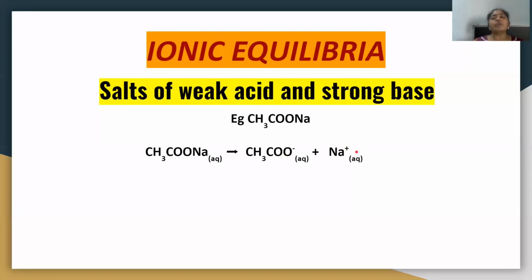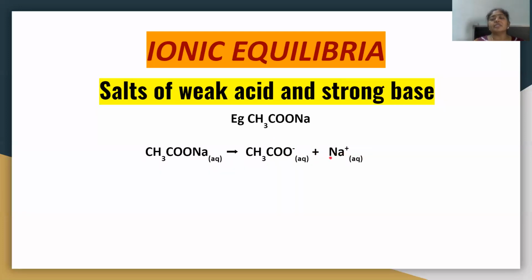No, it will again dissociate, or it will ionize completely into Na plus and OH minus ions. Okay, so ultimately what is happening in the solution is that the protons, or the H plus ions, are getting consumed by the acetate ions and used to form acetic acid. Acetic acid is a weak acid, so it will not dissociate further; it will remain as acetic acid. Okay, it will dissociate but to a very, very small extent. So most of it will be present as acetic acid only.